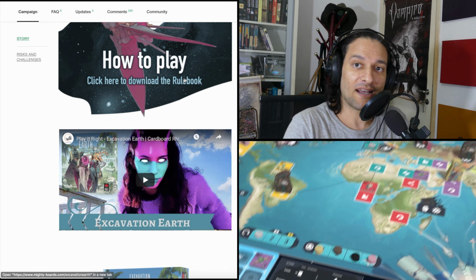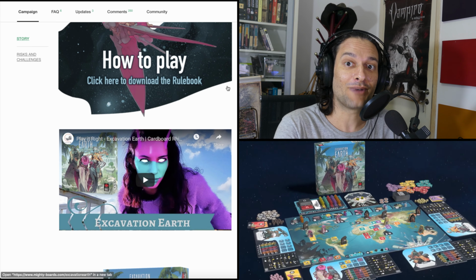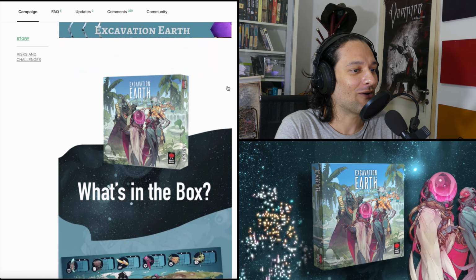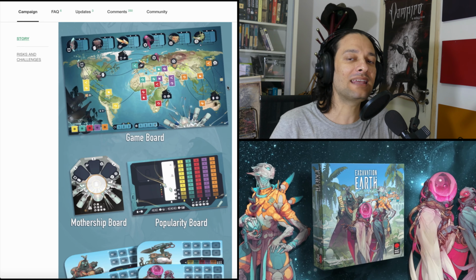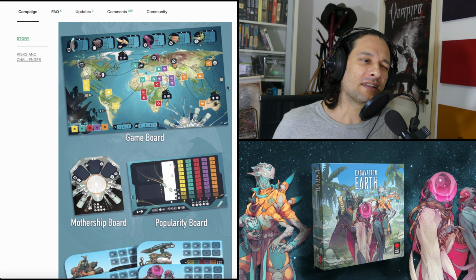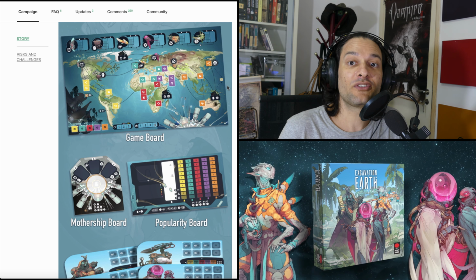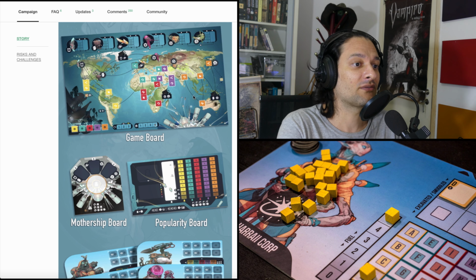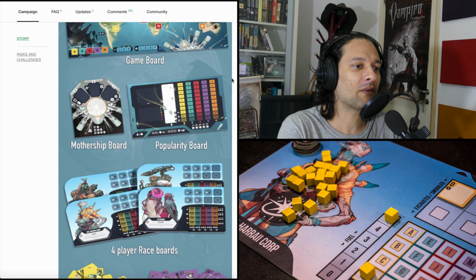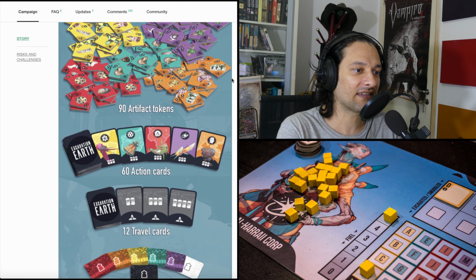There is a link to a download of the core rule book, so you can see how much better the game describes itself than I did. But anyhow, what's in the box? The game comes with one game board, which is the shape of the Earth, but the continents are a little different because it's been thousands of years without humans, so things are a little different. It's a cool board. Then there's a mothership board, a popularity board, 4 player race boards, 90 artifact tokens, 60 action